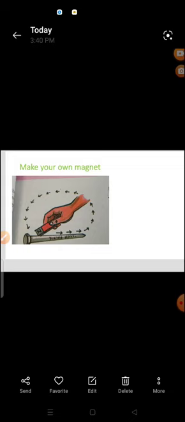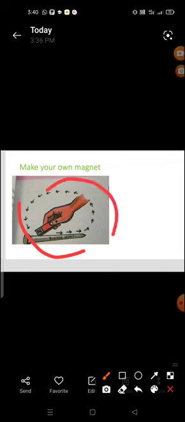Repeat this process 20 to 30 times. Always move the magnet in one direction only. Don't drag the magnet back and forth.